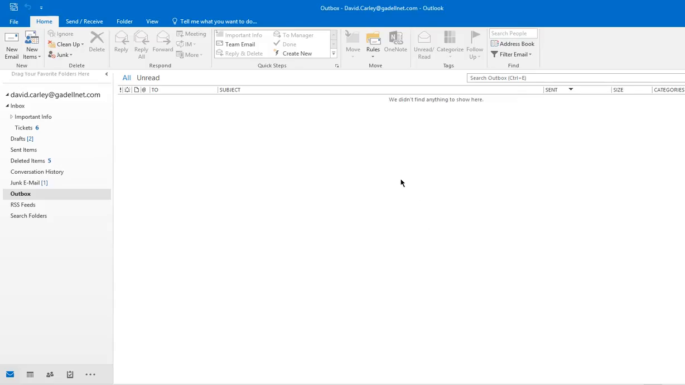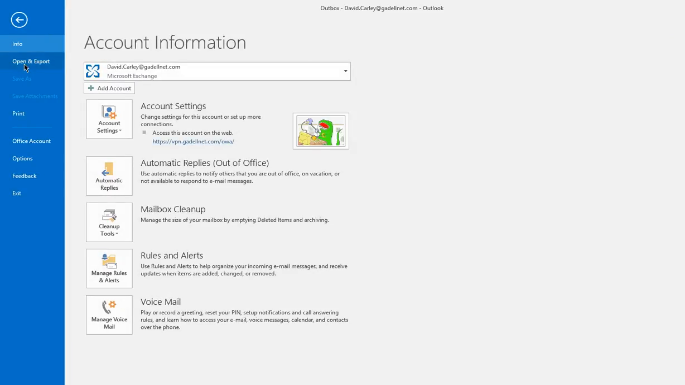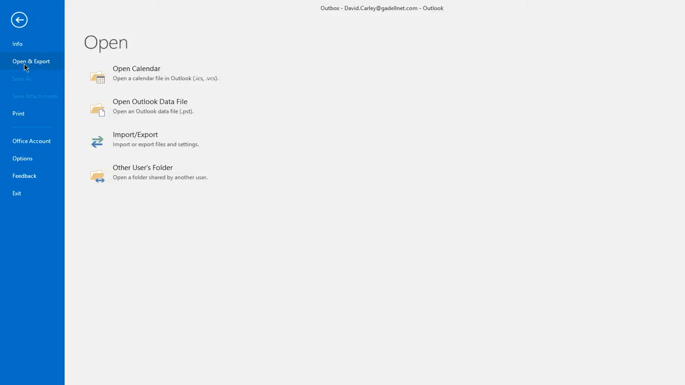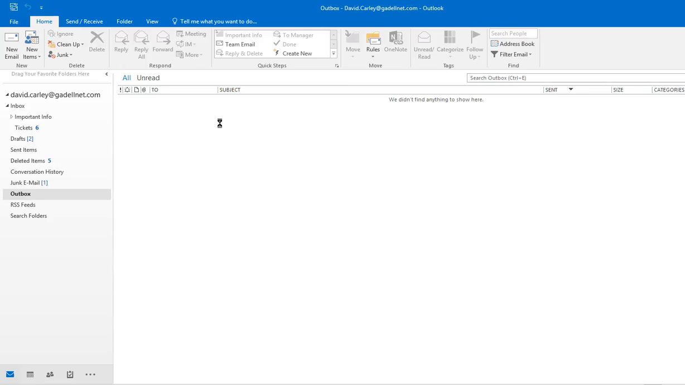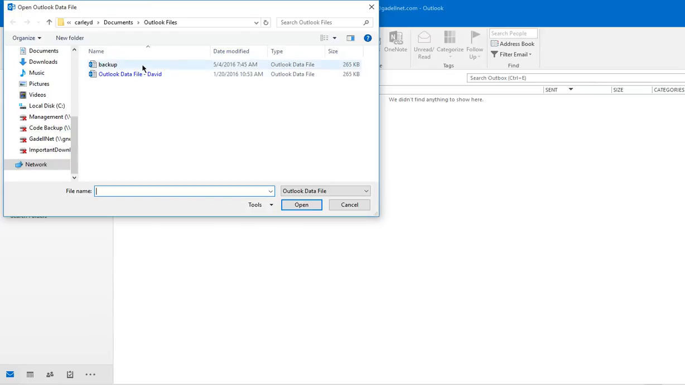Next, what I'm going to need to do is open the archive I've just created. So I'm going to go to the upper left-hand corner and click on File again. I will again go to Open and Export, but this time I'm going to select Open an Outlook Data File. When I click on Open an Outlook Data File, it's going to pull up my data files. As you can see here, the backup I created today is right there, so I'm going to select it